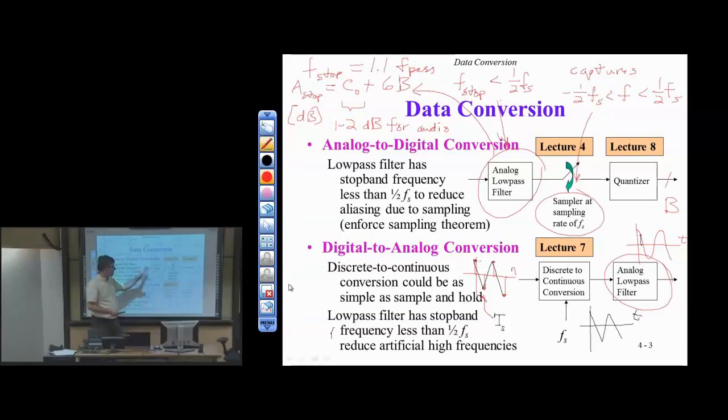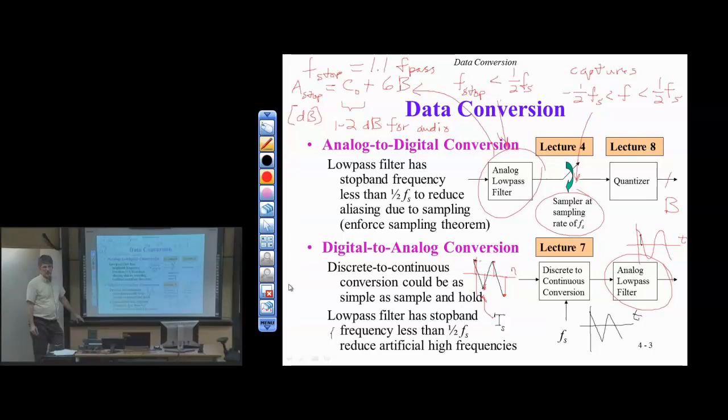We also have the anti-aliasing filter, the quantizer in the A to D converter, and then in the D to A, which is the reconstruction part of the sampling theorem. It does still give us some guidance on how to go from a discrete time, digital signal to an analog continuous time signal. I have these two steps to do, and I still have to convert from discrete time to continuous time